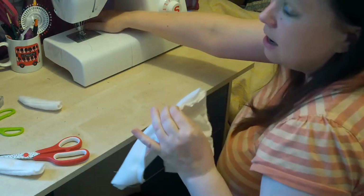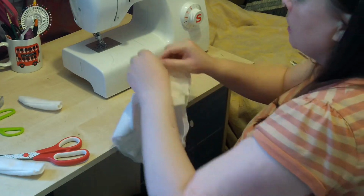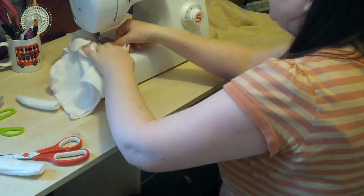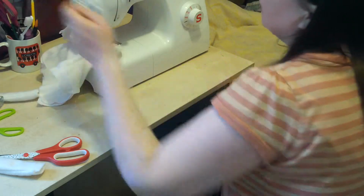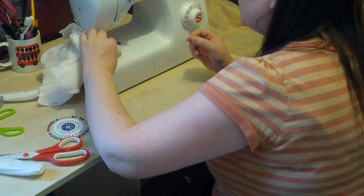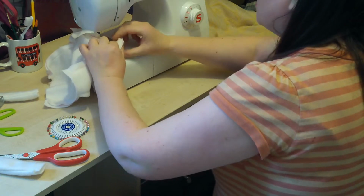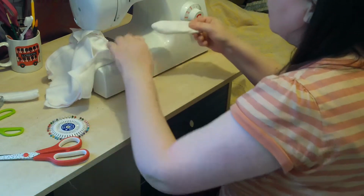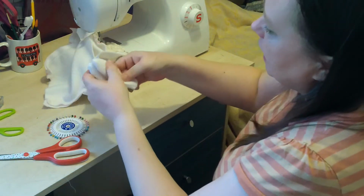And in here I also have to insert my ears. So I'm going to put that in there so it's in place. I'm going to use a pin to mark the top of my head, and I can either pin in my ear, or I can, when I get closer,